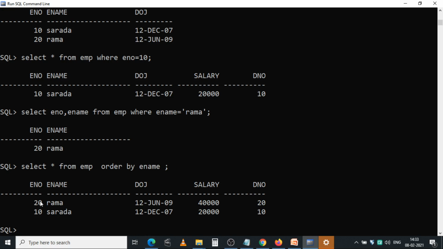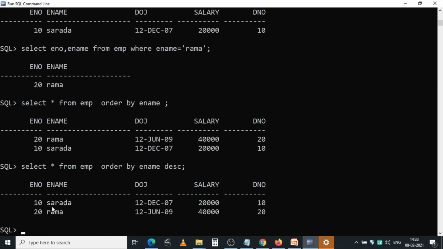Okay. First Rama and next Sharada, alphabetically. Or if you want to sort those records in descending order, then use order by ename with the DESC keyword at the end of the select command. Then it shows the records Sharada and Rama in reverse order.